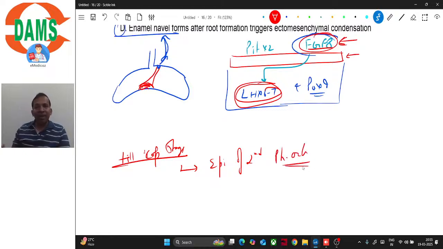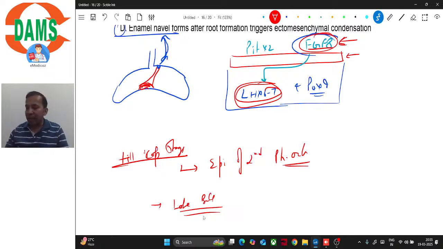So if we combine any ectomesenchyme with this epithelium, a tooth would form. Beyond cap, from cap to late bell stage,